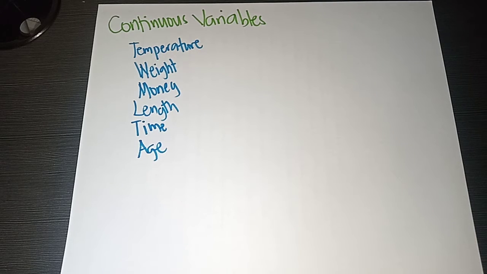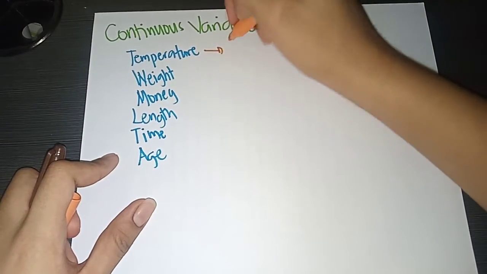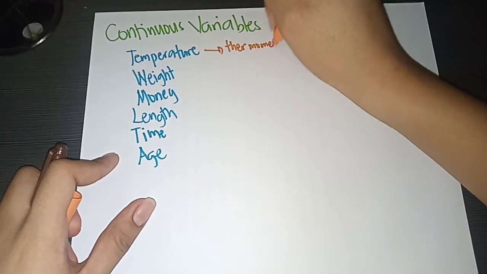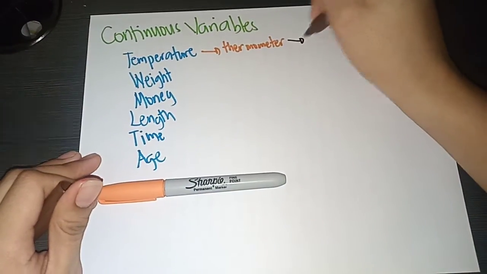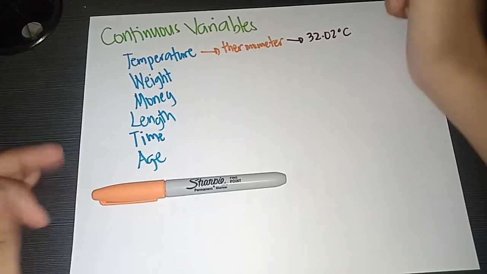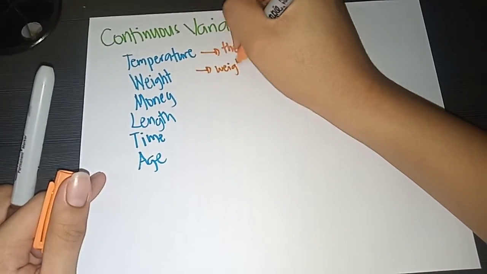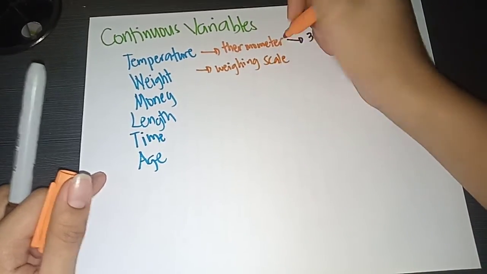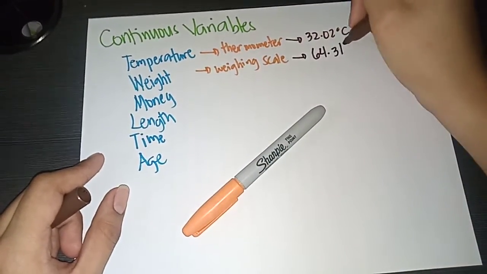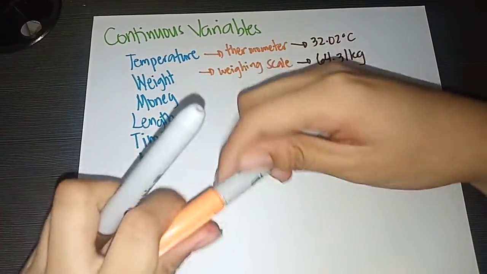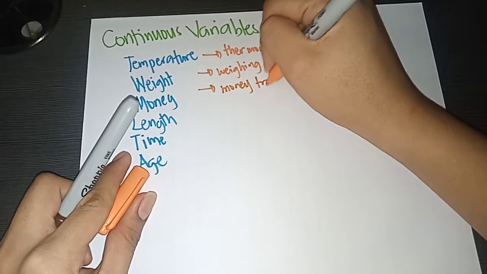So, let's say by using a thermometer for temperature, we measured a possible value of 32.02 degrees Celsius. Okay, then let's say for weight, using a weighing scale, we obtained a possible value of 64.31 kilograms. In terms of money, let's say by using a money tracker, just like we have in PayPal apps and GCash apps, money tracker,